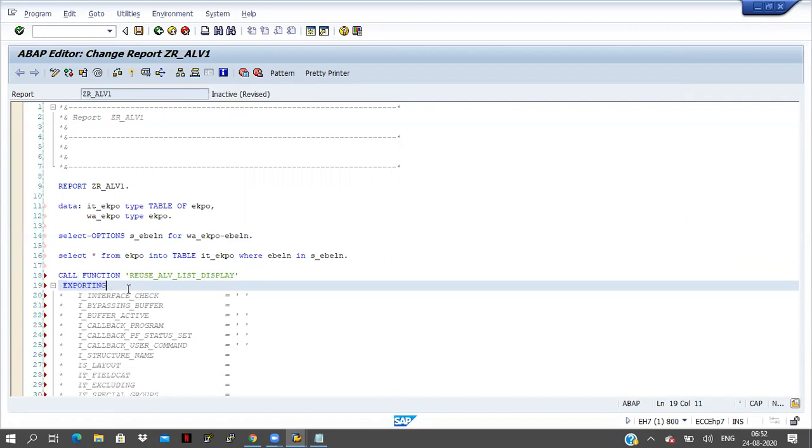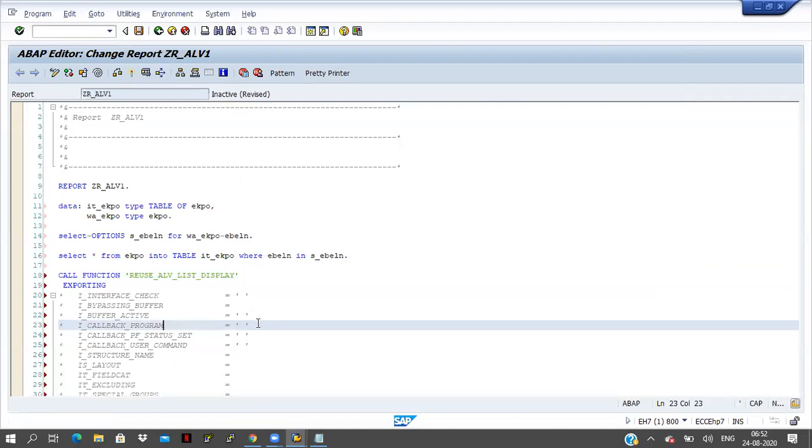So I am uncommenting this one. Here i_callback_program is there, and we have to pass the current program name.